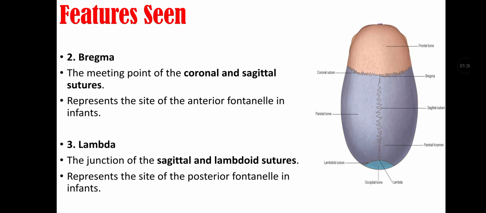Then there is bregma, that is the meeting point of the coronal and sagittal sutures. It represents the site of the anterior fontanelle in infants. And then there is lambda, that is the junction of the sagittal and lambdoid sutures, and it represents the site of the posterior